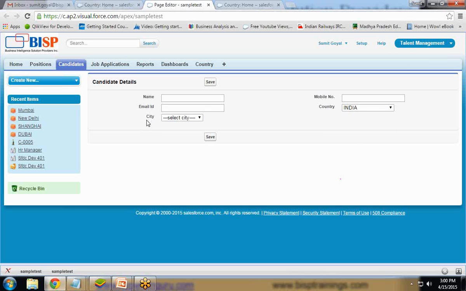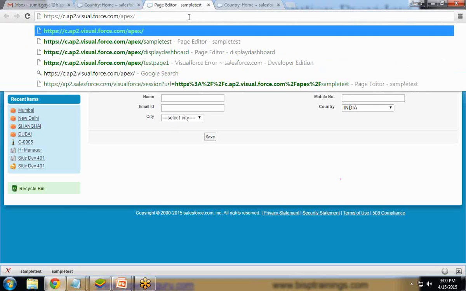So we can say that the value of this city is dependent on this country. Whatever selection the client makes here, based on that the city will be added dynamically. So we need to do this dynamically by using a VisualForce page. So let's create a new VisualForce page and try to implement the same thing in Salesforce. I'm going to create a new VisualForce page here,